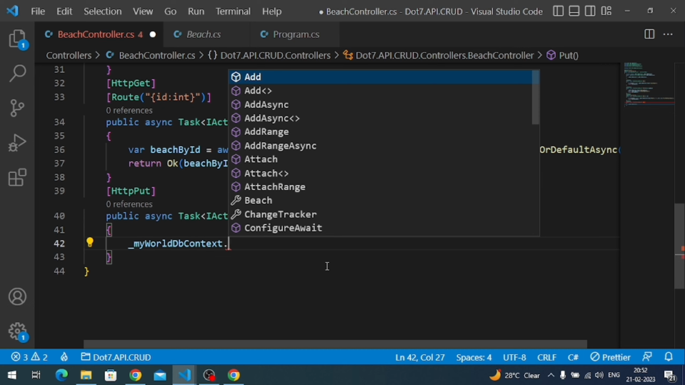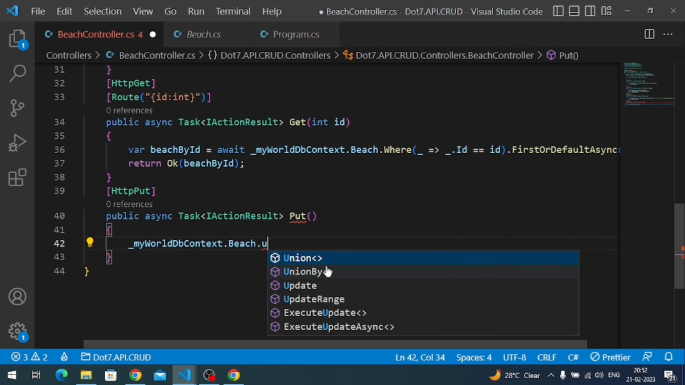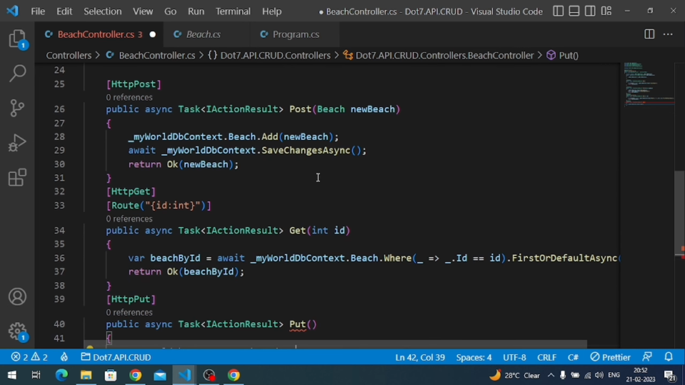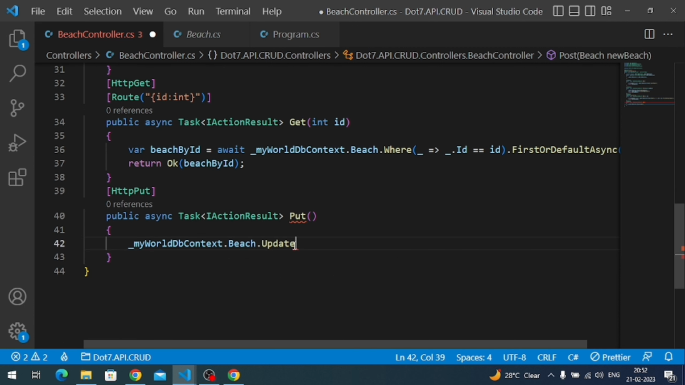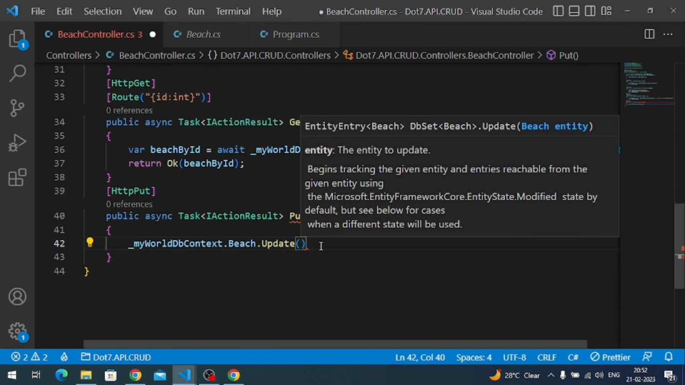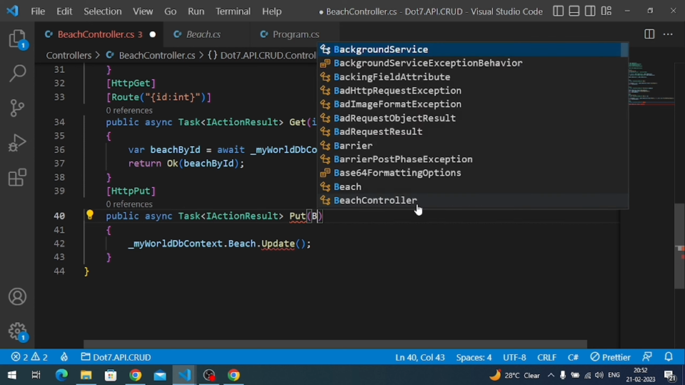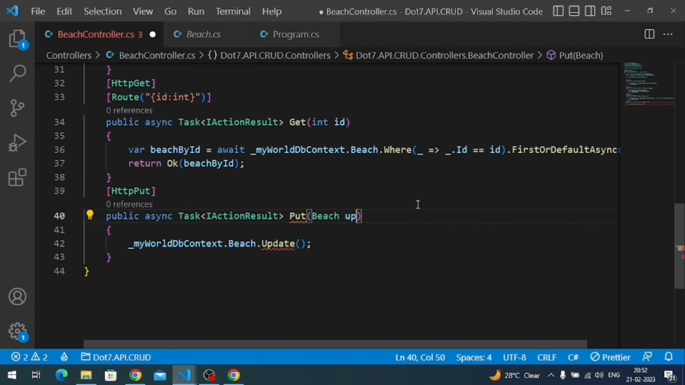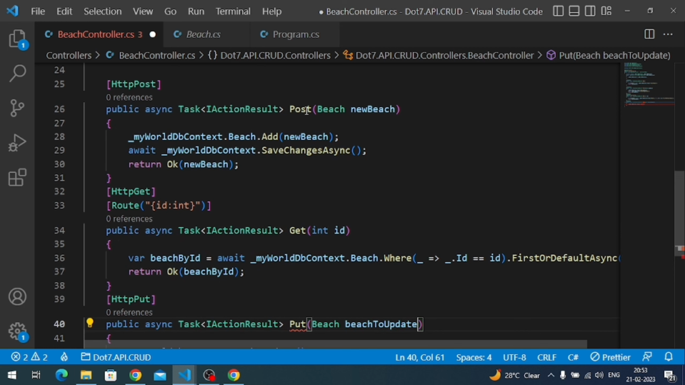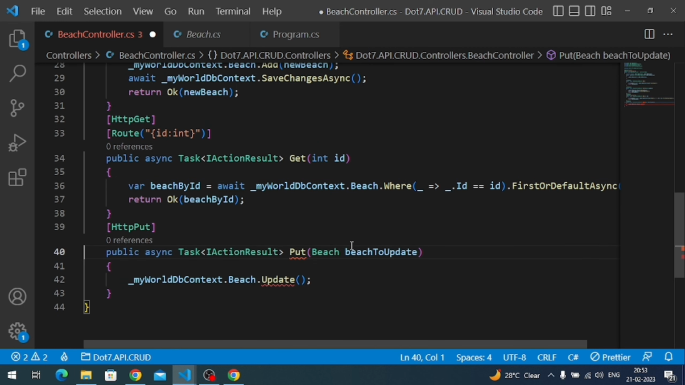So here for updating, what I can do means db context dot beach dot update. Similarly, just like add for creating, we have a method like update. Okay, to this method we have to pass our update payload. So that means our action method should contain the payload, right? So beach and update. So the only difference here in the payload with the post and put is